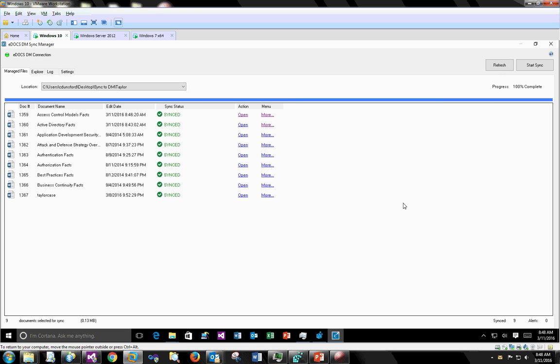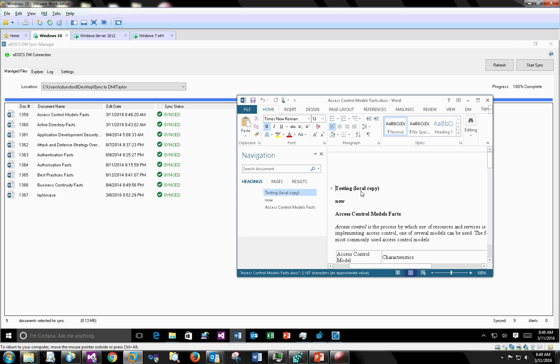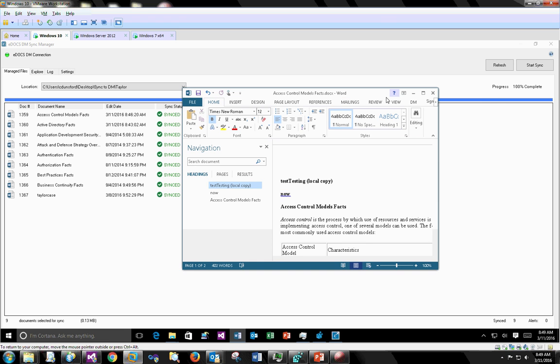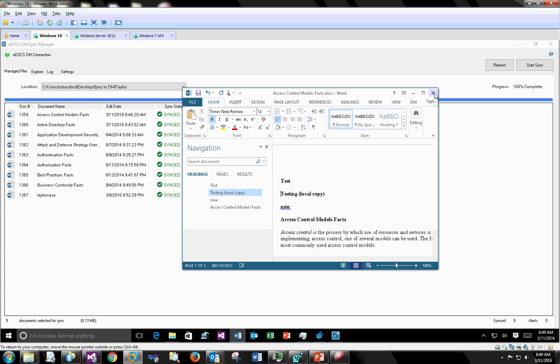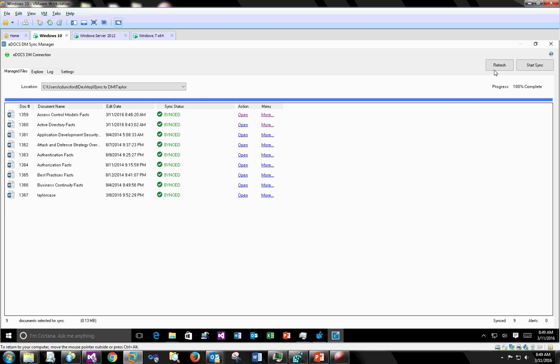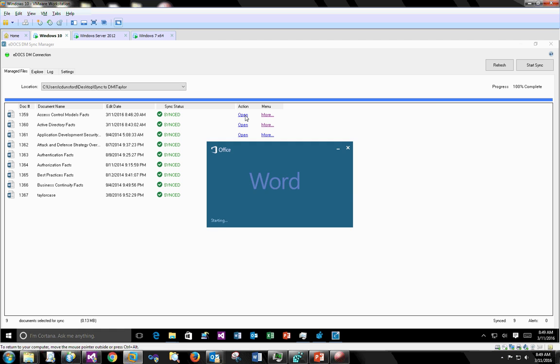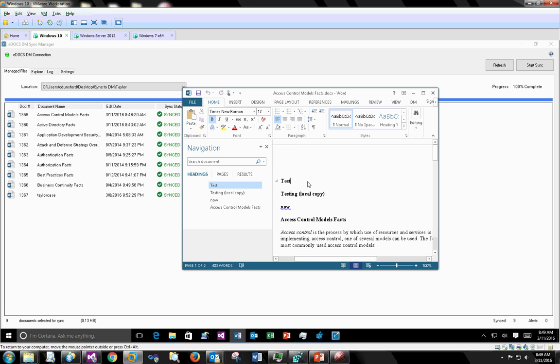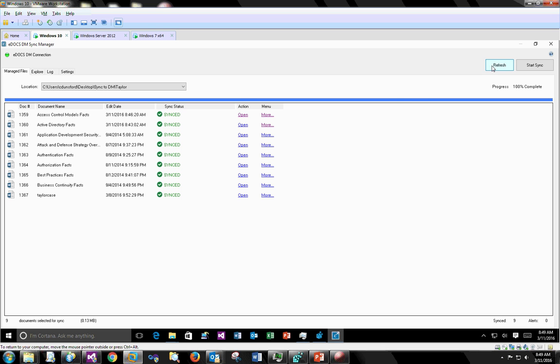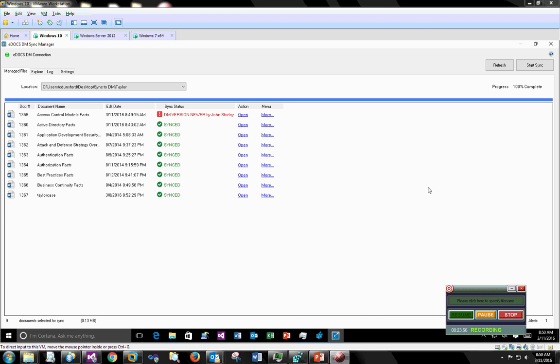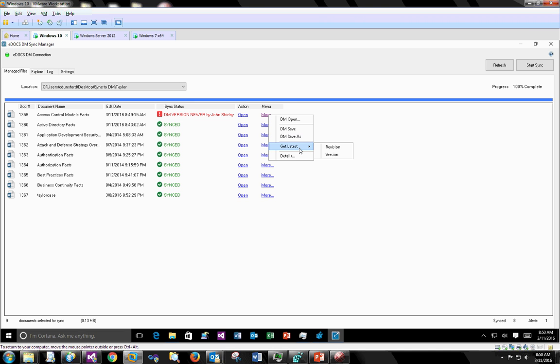Alright, refresh. Oh, actually, let's go ahead and open this document and make an edit. That will trigger eDOCS DM sync to go in and do the check. Yes, I do. All right. Yes, save. All right, so now we can go in and let's see, click here, more, and if we get the latest